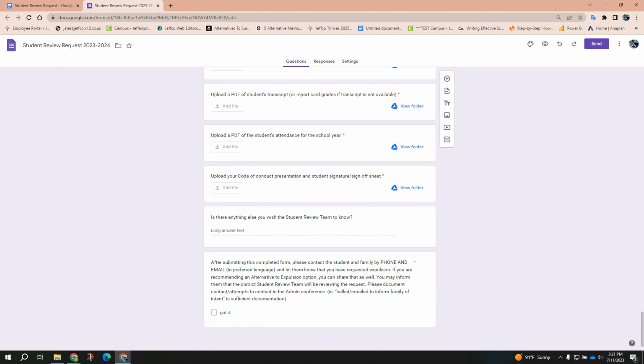Any student who is moved forward with a recommendation for expulsion will be provided a hearing in front of a third-party hearing officer, and the school will be required to attend and present all the relevant facts and information to that hearing officer. A recommendation from the hearing officer is then made to the superintendent for a final decision. This process can be very time-consuming and stressful. Expulsion is the most serious consequence reserved for most serious offenses, and a thorough, detailed approach with process and documentation will help us to ensure equity in our work, and we definitely owe it to our students and families to get this right.